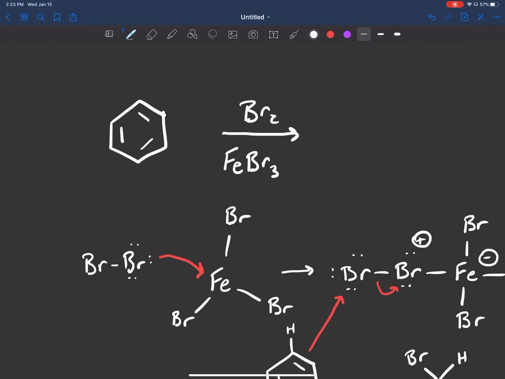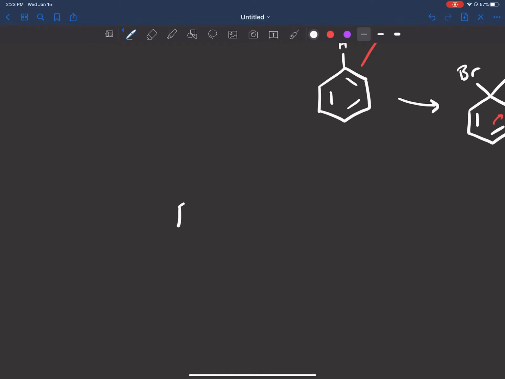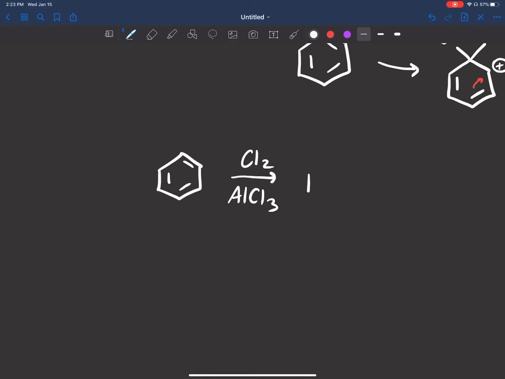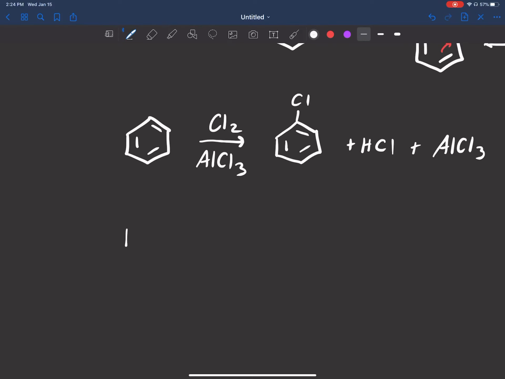What about if we wanted to add the chlorination, right? It's going to be the same thing. Same exact mechanism. You'd write Cl2 over AlCl3, aluminum this time. Right, and we put a chlorine there, plus HCl plus AlCl3, and then to sum up the bromination,